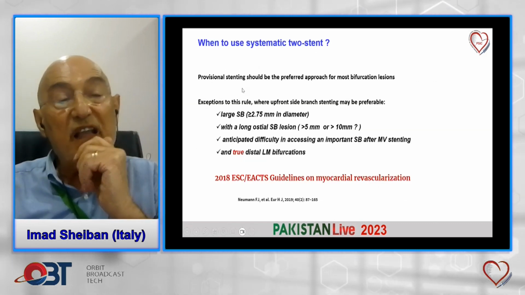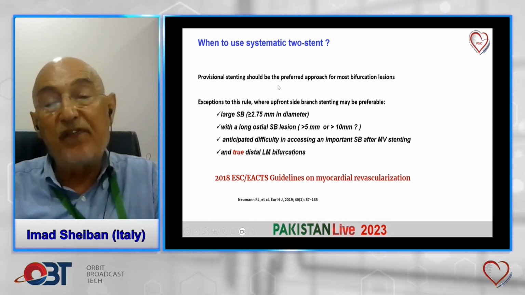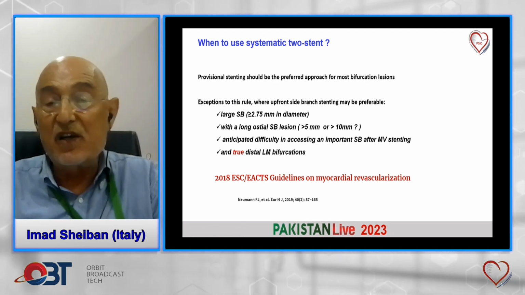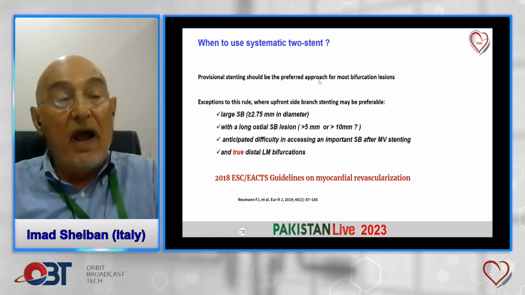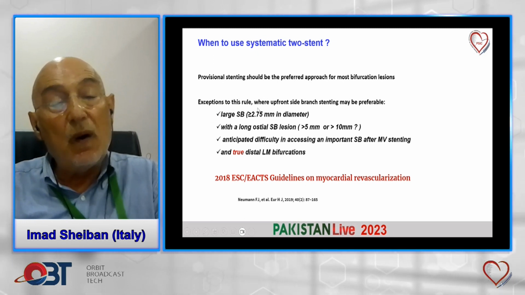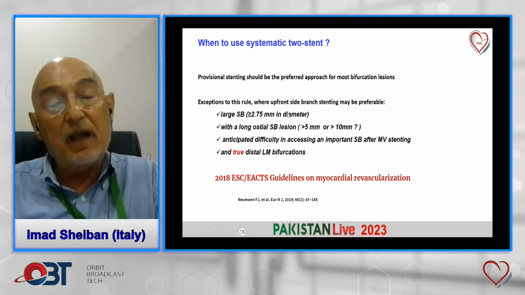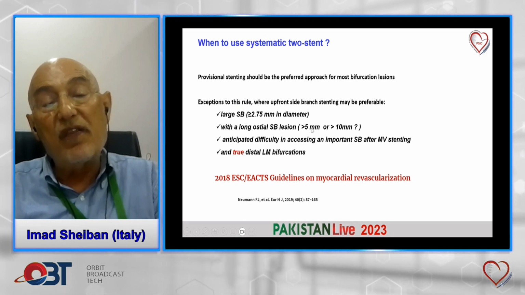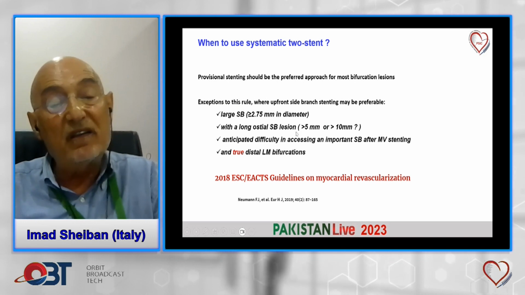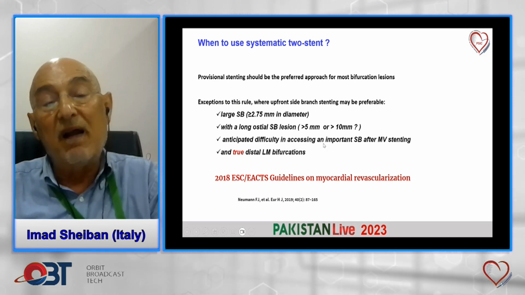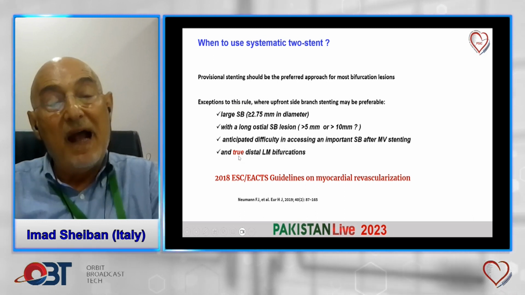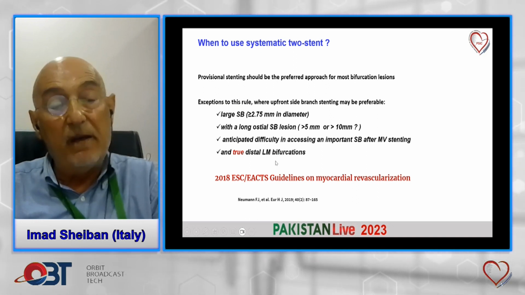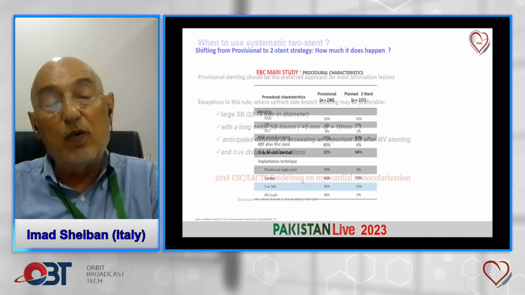When to use systematic two stents? We know that provisional stenting should be the preferred approach for most bifurcation lesions. That means around 70 to 80% of the bifurcation lesions we are treating every day in our practice. The exception to this rule is when you have a large side branch, more than 2.75, with a long ostial side branch lesion, more than 5, what I would say more than 10 millimeters, and anticipated difficulty in accessing an important side branch after main vessel stenting, and through distal bifurcation, particularly in left main. This is, according to my view, the groundbreaking